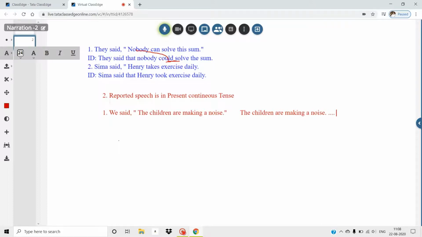This is continuous tense. Okay, clear. Now this present continuous tense, how will it be changed? In indirect form, it will be: we said the children are making a noise. It will become: we said that the children